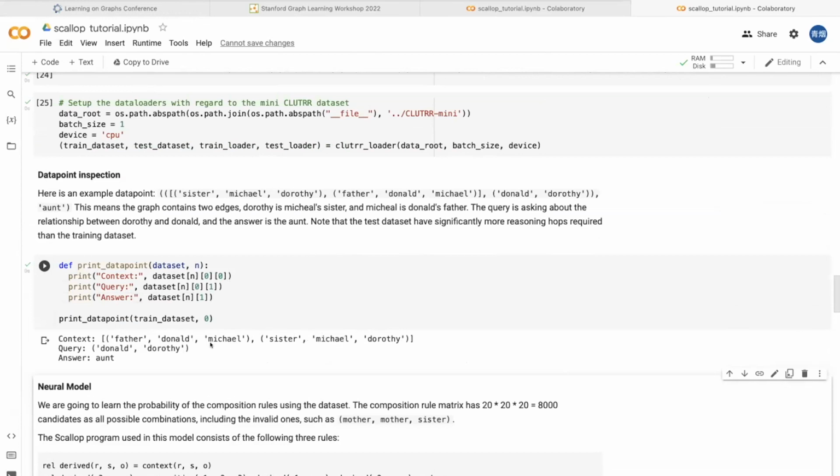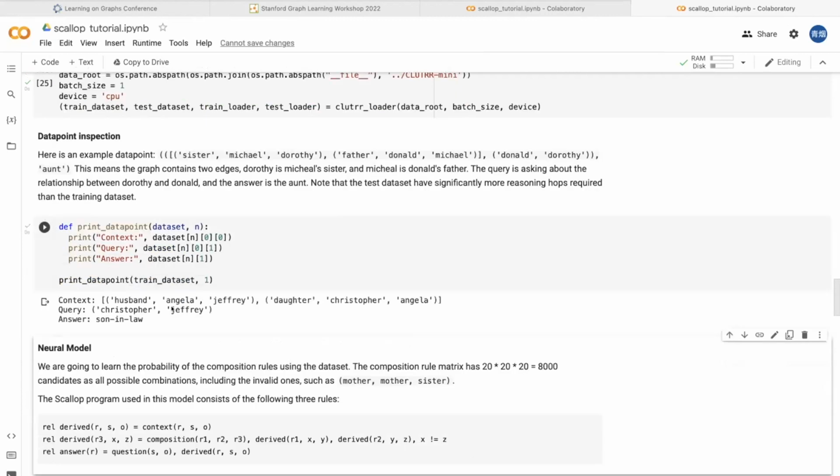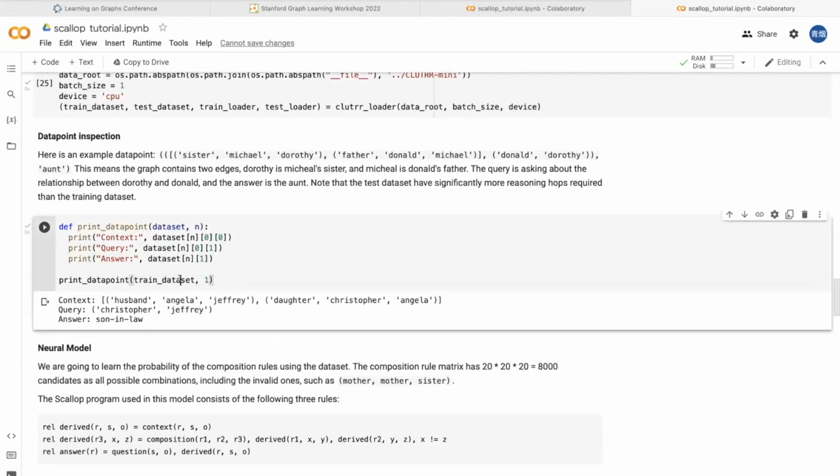What is the relationship between Dorothy and Donald? And the answer should be aunt. So this is just one simple example inside the data point, and we may just adjust your result and see another different pair of context. But note that the test and training data set have very different